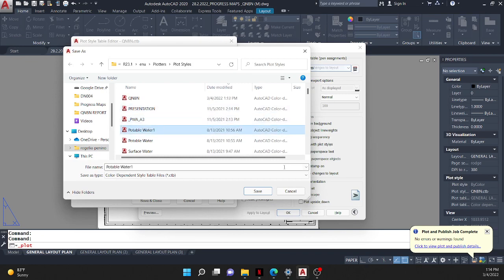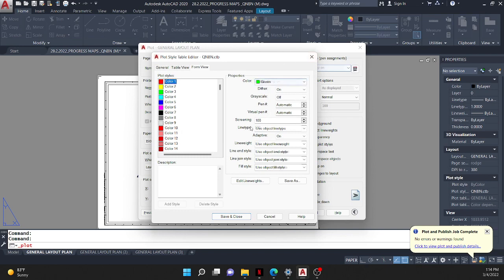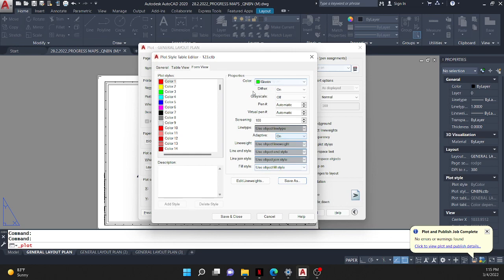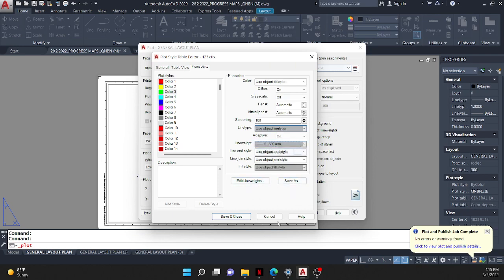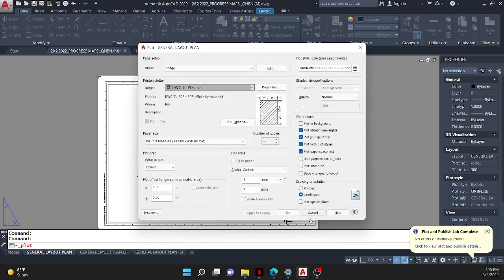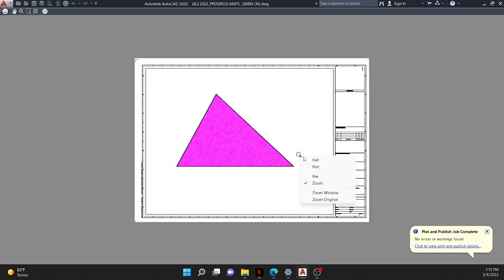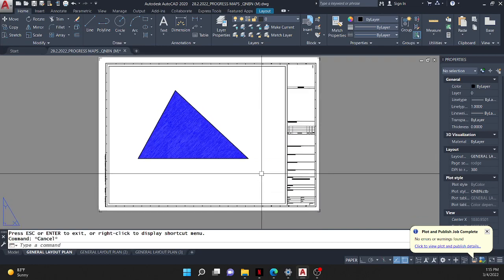Or making, for example, you want to make a new one, just save as, and then the file name that you want, and then you can explore the color, the line weight, and then save. Okay, that's it for this